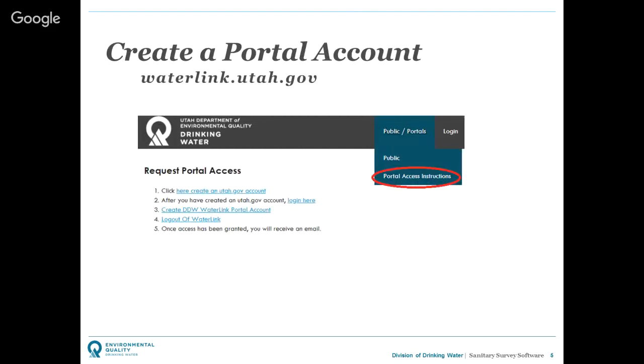So first, you go to waterlink.utah.gov, and you click on this menu called Public Portals. If you're not logged in the first time, you should have two options here. If you click on Portal Access Instructions, then you'll have these options here. First, you have to create a government utah.gov account if you don't already have one. After you've created that account, then you can log in